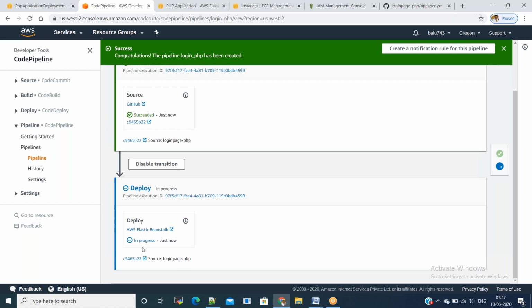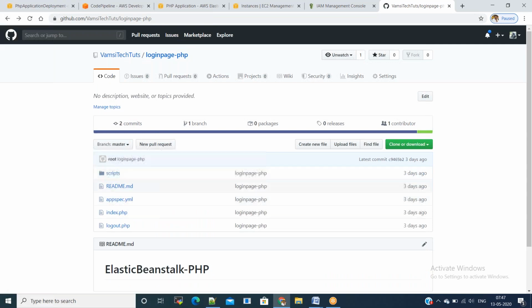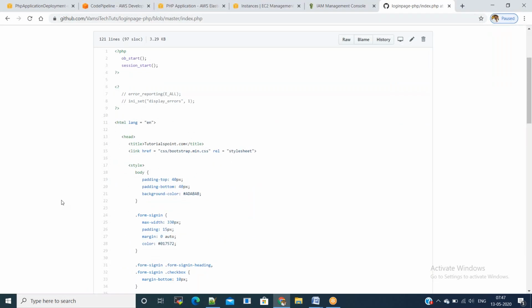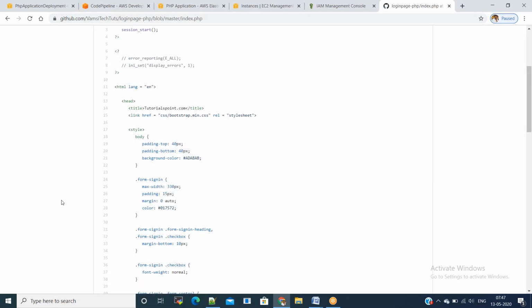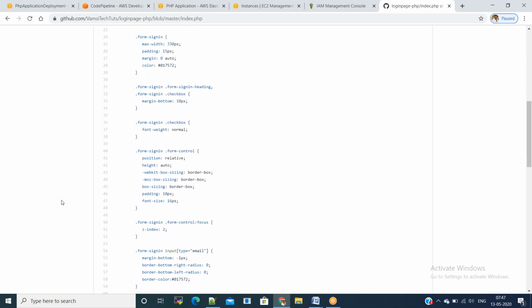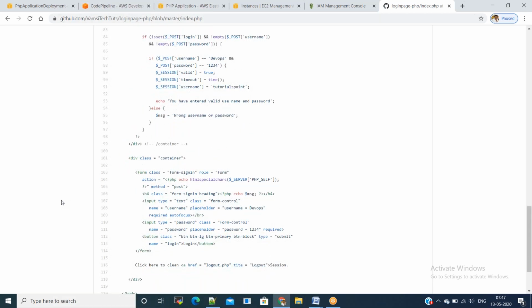In the meantime, I will show in the code what I have written in that PHP file. Go to the PHP file, login page-php, and I have an index.php file. This index.php file has the content of a website. We need to make sure this page loads for us. Once the deployment is done, we need to see this home page instead of the default sample application page.